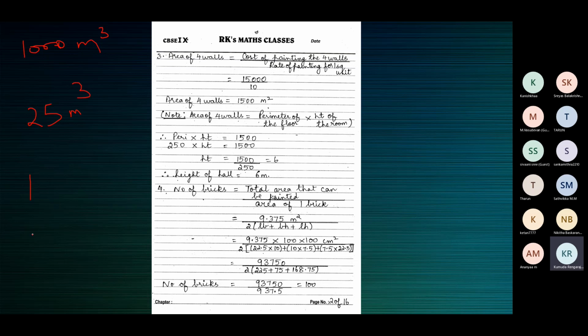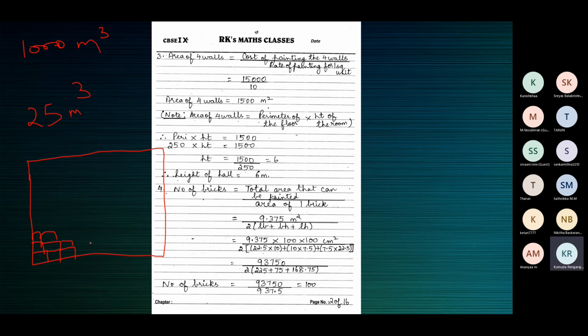Okay, so there is a room whose volume is 1000 meter cube. When you place one box in the room, it will take up a space of 25 meter cube. Another box, another 25 meter cube. Another box. So you'll stack them up, you'll put them one over the other, like this. So what is the maximum number of boxes that can be stacked in this room?